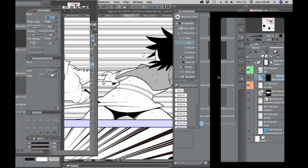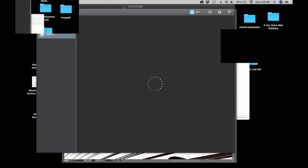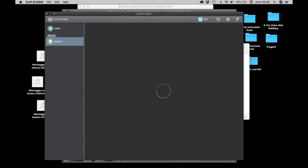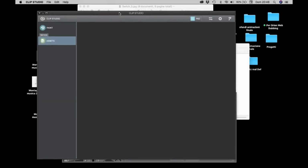It will open a shop that connects you to all the Clip Studio Paint users in the world, and you can share brushes and halftones, balloons, all the good stuff that you can bring on your pages. It will take a moment to connect, but once you're connected, you go again on show all the materials, and it will give you something. The only thing is that when you connect to the shop,